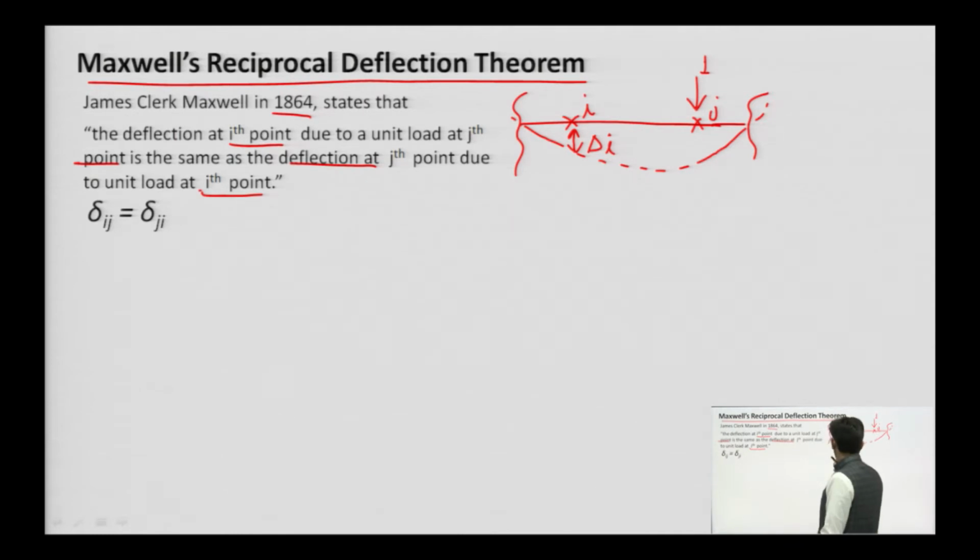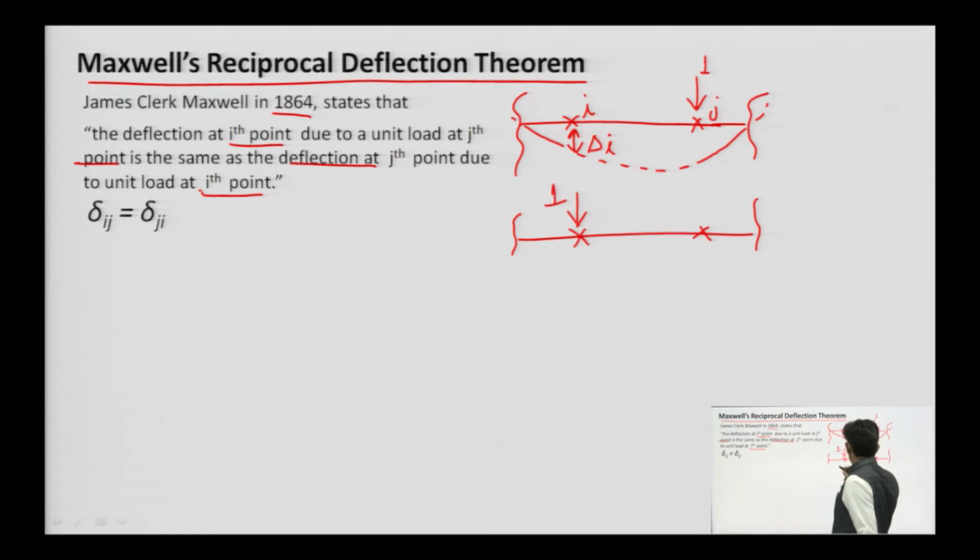Means we interchange the position of the load, the unit load has been applied here, and in this case if we observe the displacement at this joint, then according to this theorem,